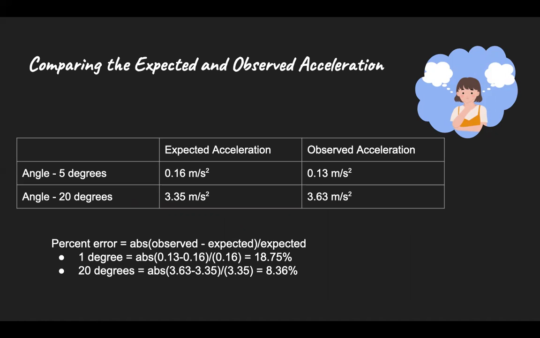And to receive the percent error, we use the absolute value of the observed minus the expected, divided by the expected, multiplied by 100, to receive 18.75%. And then we did this also for the 20 degree angle and received